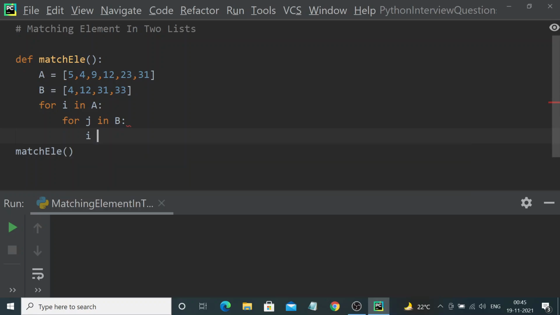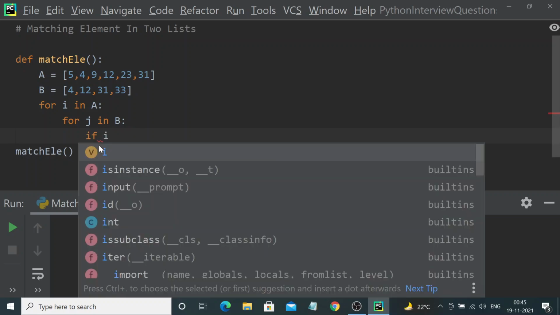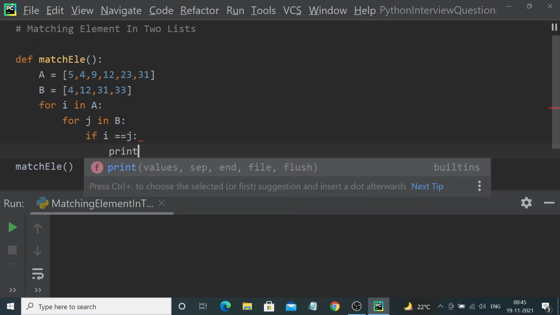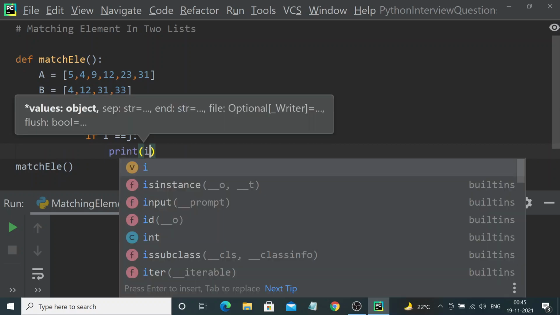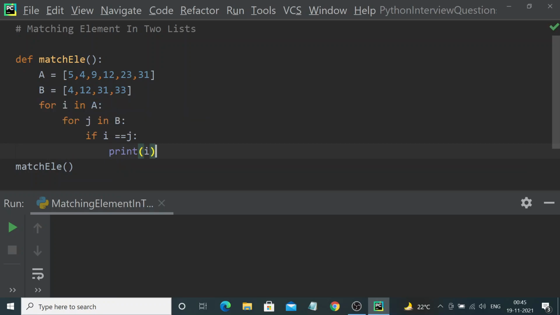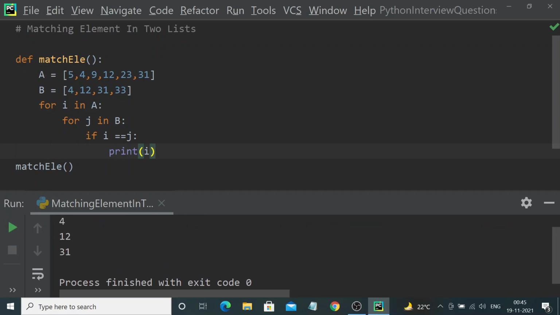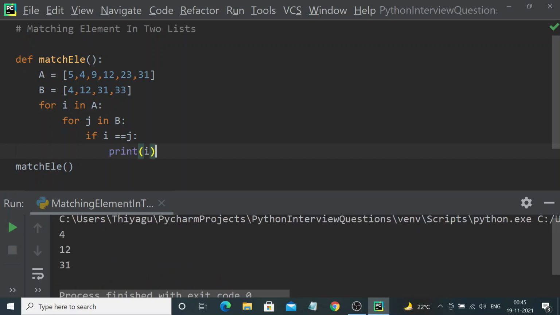So if i equal to j, then I'm just printing either i or j. I will print i. So now let me run and show this. Yeah, now the matching elements 4, 12, and 31 got printed in the console.